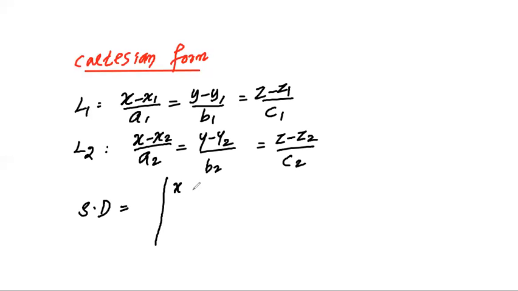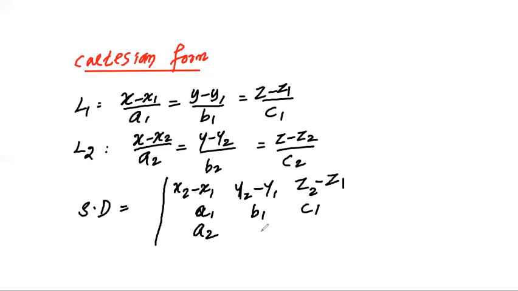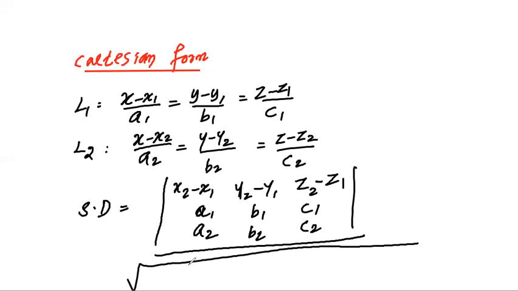All of you listen here. The determinant with rows: x2 minus x1, y2 minus y1, z2 minus z1; a1, b1, c1; a2, b2, c2. Sorry, that determinant, its modulus. So the modulus of the determinant with rows x2 minus x1, y2 minus y1, z2 minus z1; a1, b1, c1; a2, b2, c2, divided by root of, important, it's not over, root of